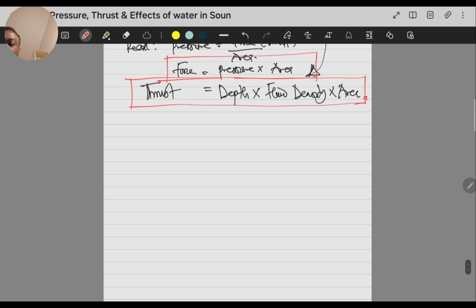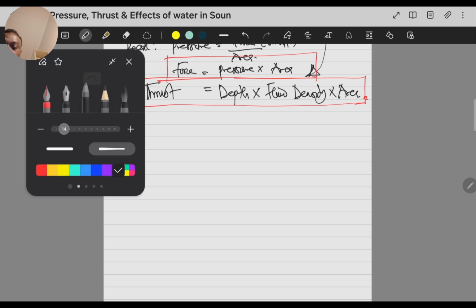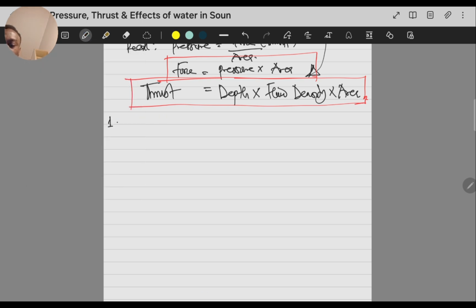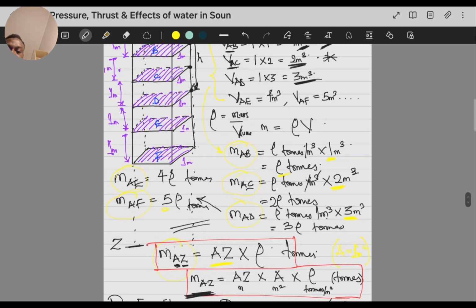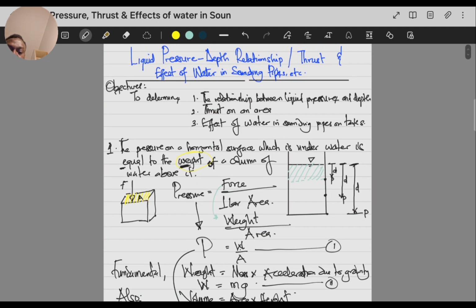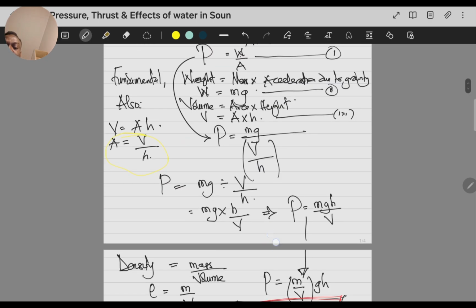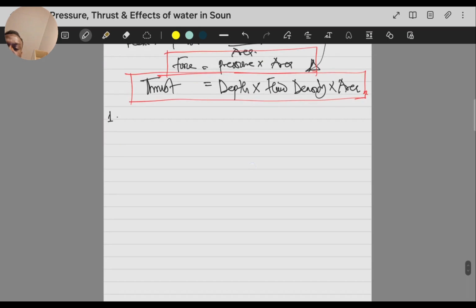However, there are some points I need to note here in order to help us in solving questions. Number one, we have established that pressure on a horizontal surface under water is equal to the weight of a column of water above it. The next thing I want us to discuss, number two, is that pressure is the same